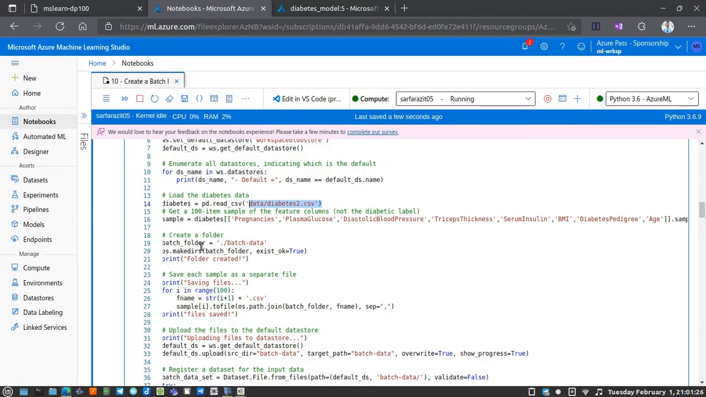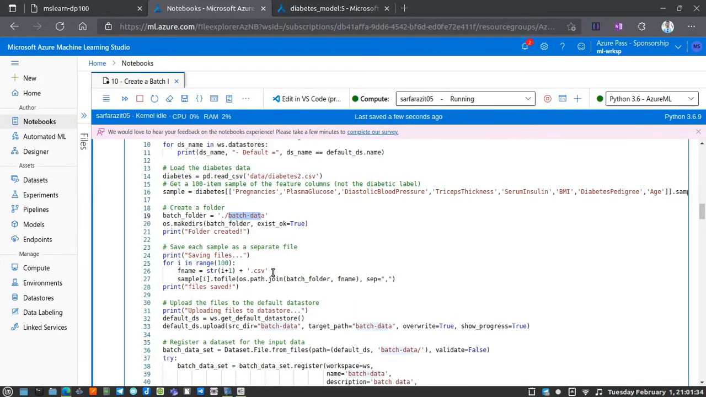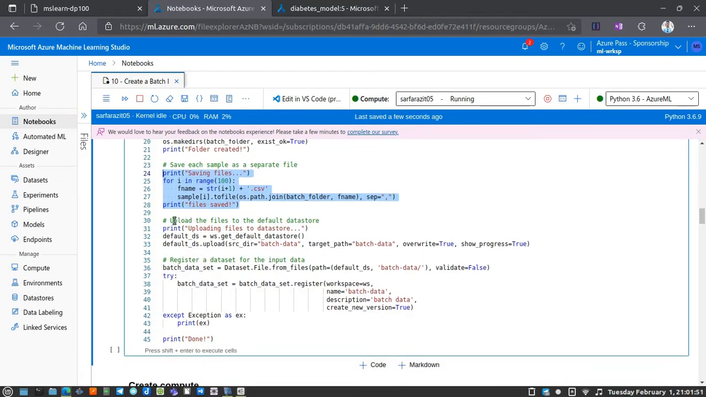Now we are creating a batch folder. Within this folder we'll be saving our sample file. This sample file will contain sample data of the diabetic patients, which will be the batch data we'll be sending to our model for production. And then we'll be uploading this to the data store. Once the sample file gets created, we'll be uploading it to our data store, and then from that data store